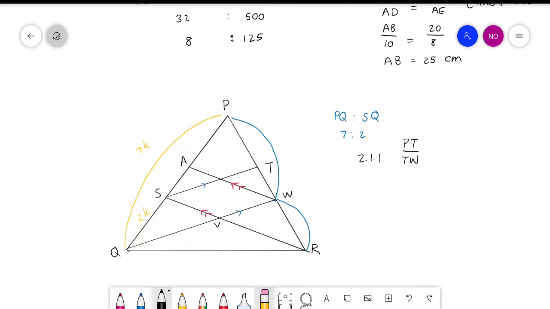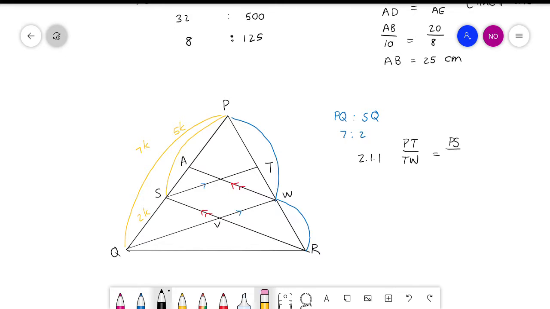So PT over CW is equal to. You're doing good. We have enough to calculate it. I'll help you with one thing. If this whole thing is 7K and that's 2K, do you guys agree that this will be 5K? So that it's equal to